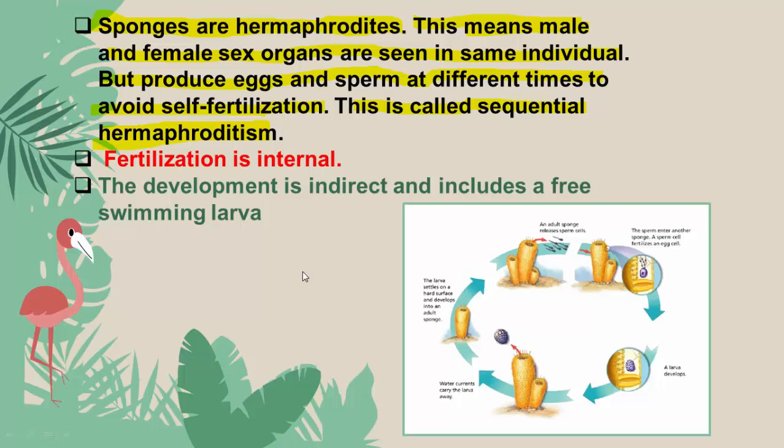What is the definition? If the sperm and egg produced from the same animal fuse with each other, it is called self-fertilization. Male and female gametes